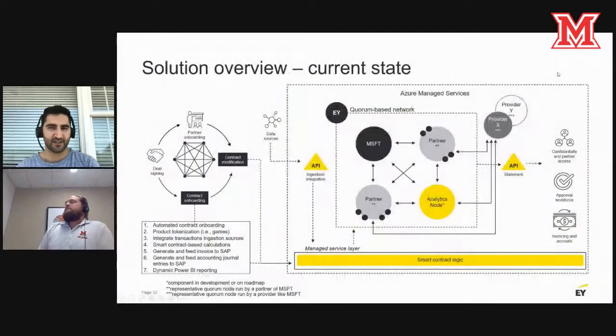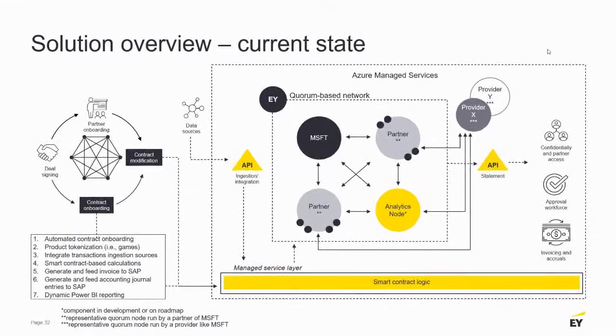And so if we go to the next slide, I believe that's the tech slide. So this is just the tech, and it shows the similar process from a tech perspective, and we used a quorum-based network to onboard them as nodes and participants onto the network. Really what I want to focus on is this middle part where the smart contracts are run by Microsoft and their partners and the analytics nodes. So by being a participant on this network, you are also ensuring that the smart contract is run correctly and it's not tampered with. And I'd like to end on the last note here and leave about 5 minutes for questions, which is: what were the benefits of this for Microsoft? So if we go to the next slide,